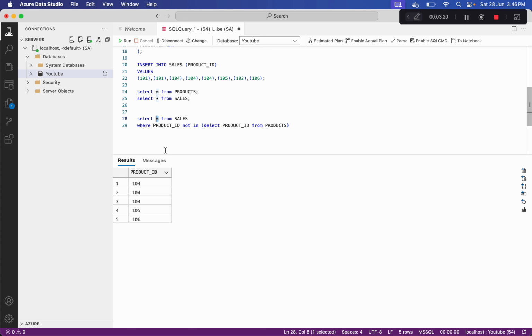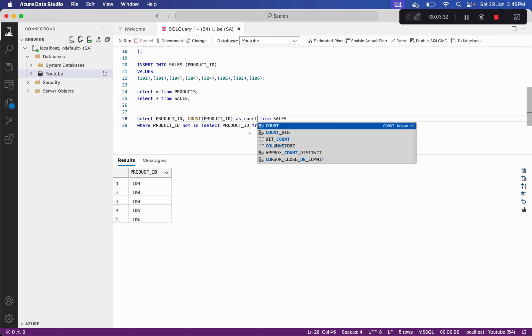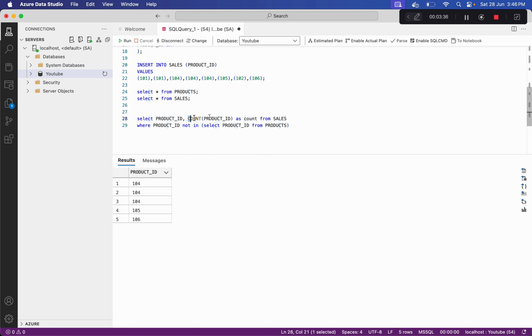For that we can do product ID comma count of 1, or count of product ID also we can take. And we can name this as count from this table. Because we are also using the count function, which is an aggregate function, we also have to use group by product ID. So let's run this.